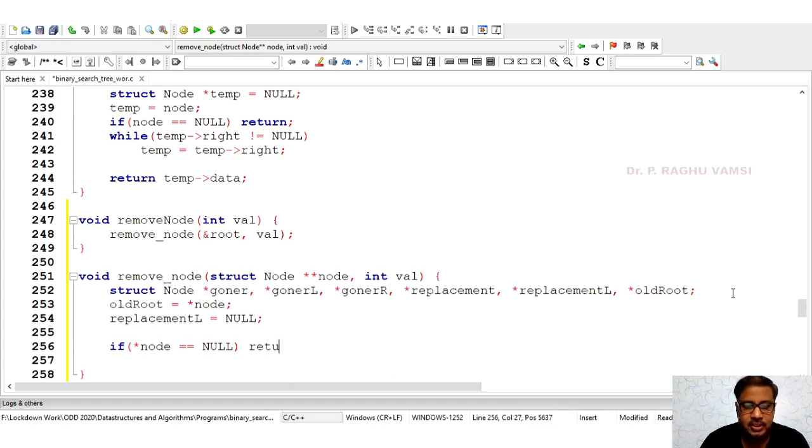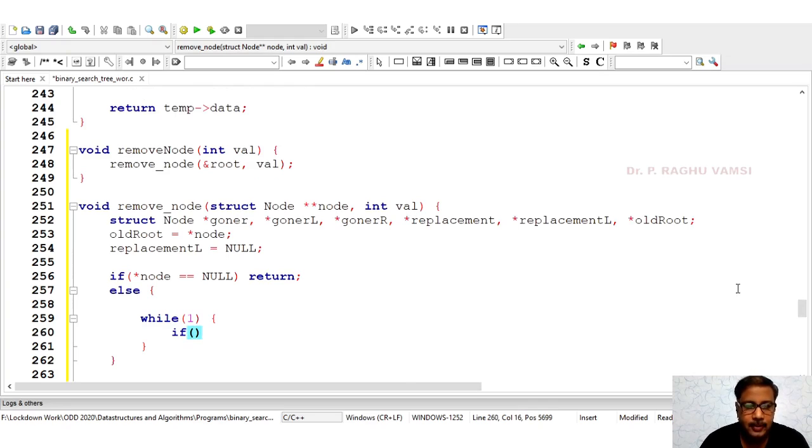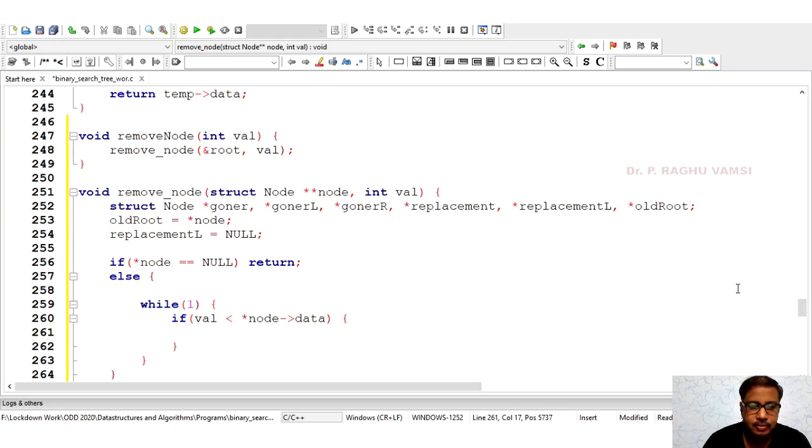First, we will check whether node is equal to null, that is, whether there is a root. If root is equal to null, simply return. Else, we need to go for the traversal. Since old root is equal to star node, we are supposed to go for while one. If value is less than star node data, then we need to go towards the left side of the node: star node is equal to star node left.